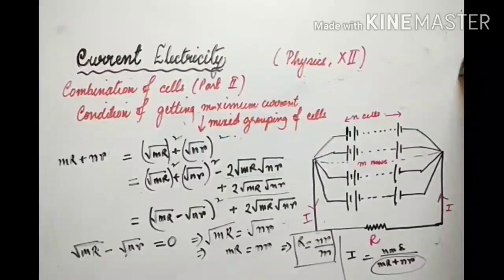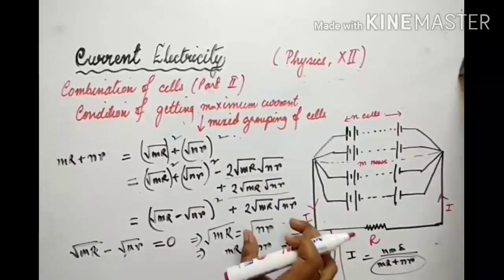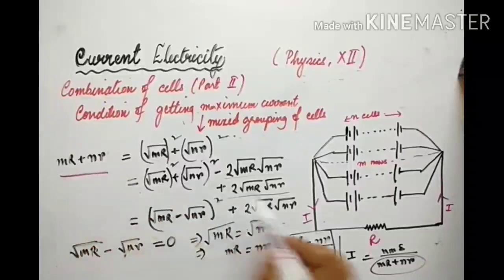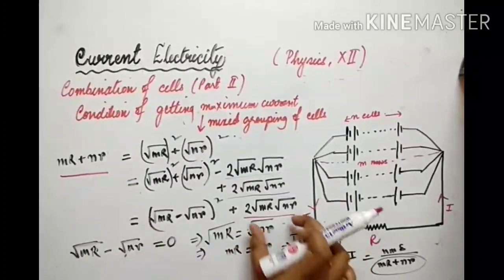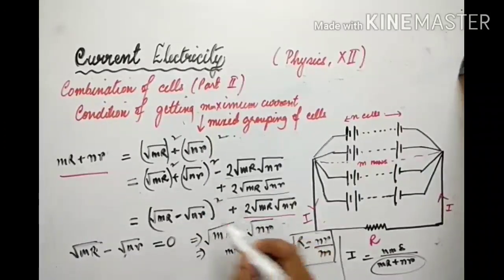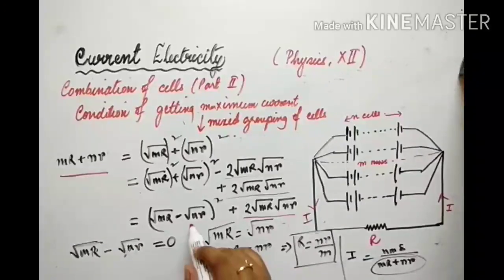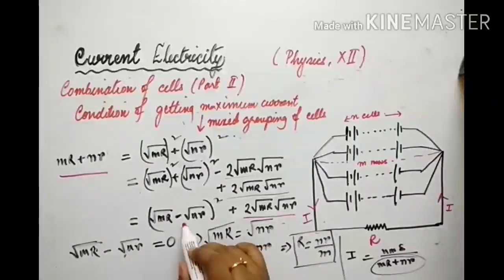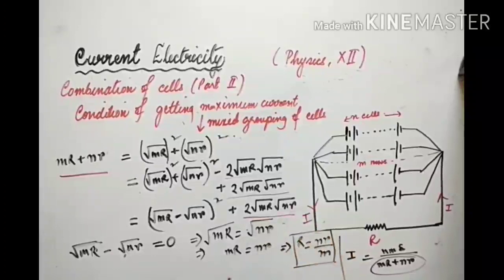That means if you take mR equals nr, this term will be 0 only. So we will get this value as minimum, only this much. The smallest value it can have is only this much if this is 0. And if it is more than 0, then we will get some positive value. Suppose this value is 2, or suppose 4 square, its value is 4. So 4 plus something will obviously be greater than only this thing.